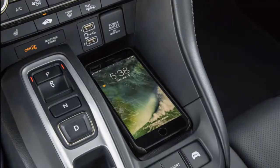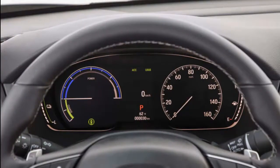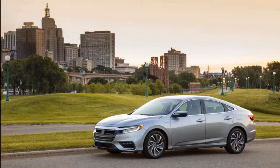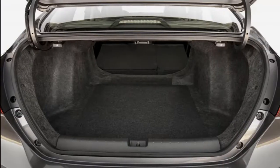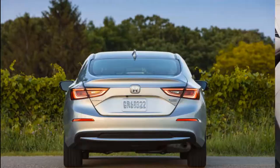Starting from an average score, we deduct a point for its lack of pep but give it right back for a competent ride. It earns a 5 out of 10. By the numbers, the Insight is powered by a 1.5-liter inline-4 that makes 107 horsepower paired to a 129 HP electric motor. The combined output is 151 HP and 197 pound-feet of torque, although Honda's approach to hybrid powertrains may